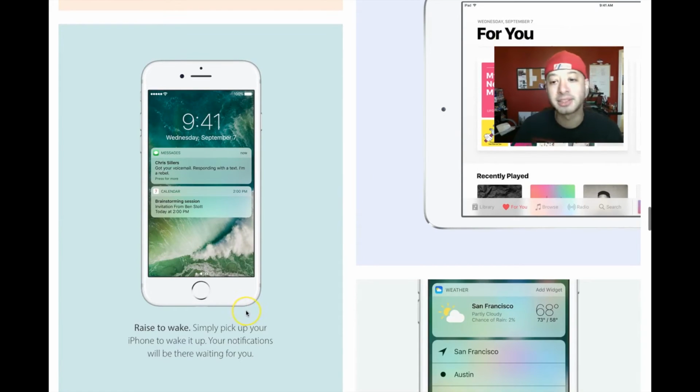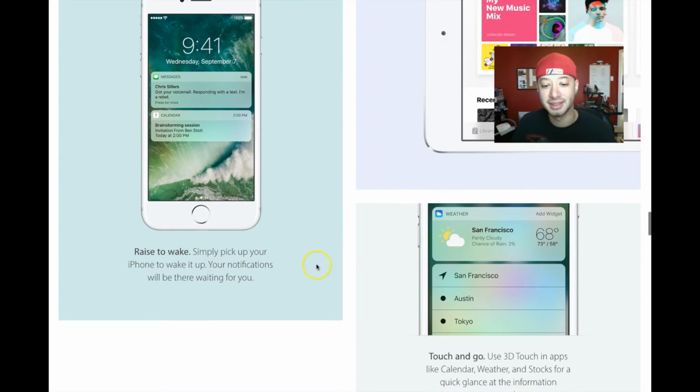I love the raise to wake function. I love it because you've got new Android devices that are doing the same thing, like the Samsung devices, they have always on displays. So having a raise to wake thing, a lot of fun. In fact, they're doing away with the whole traditional lock screen. So even if you raise to wake it, all you gotta do is put your finger on your home button, and that's it. You can still enable it to have the passcode, but it's not even in the forefront